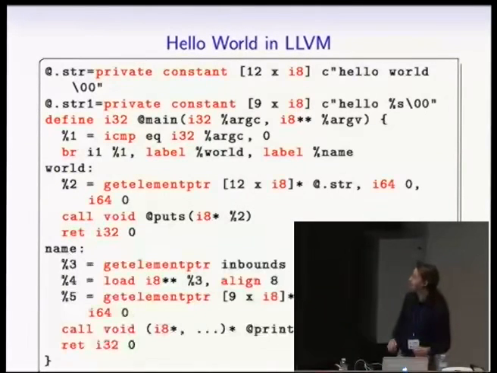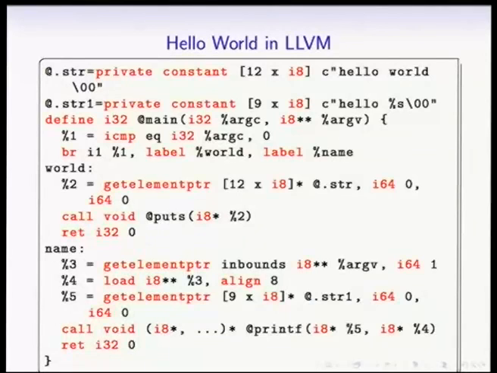So this is hello world in LLVM, and this is not just printing hello world. This is a program that will, if you compile this and you type a.out Fred, say hello Fred, but otherwise it'll say hello world. So at the start we have this branch instruction. Well, first of all, we're comparing this value of argc, which is the same as it is in C because this is just a main function, with 0. Actually, it should be comparing it with 1, never mind, there's a bug in the program, but not a bug in the IR. And then this will be returning in this register 1.